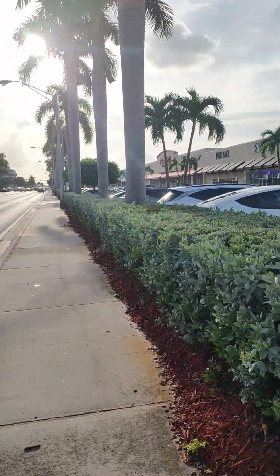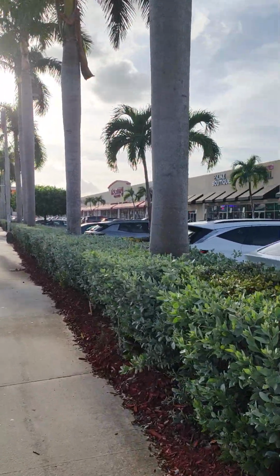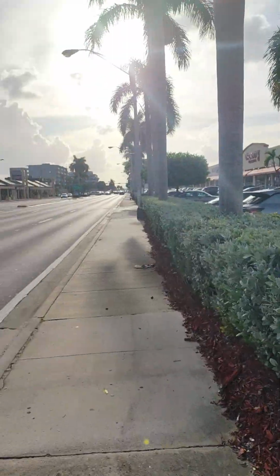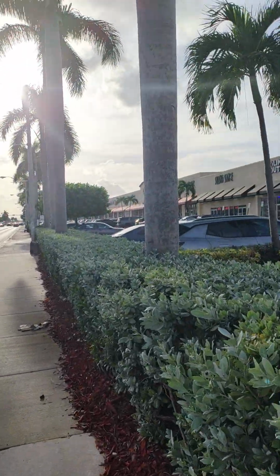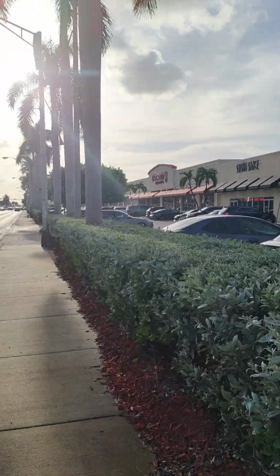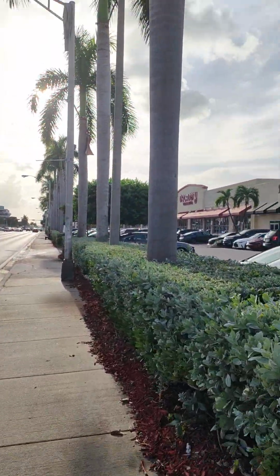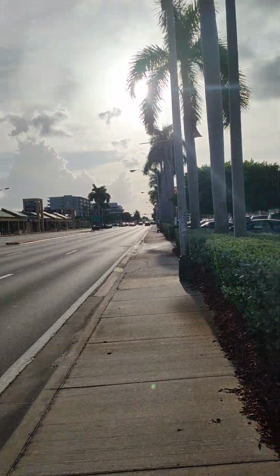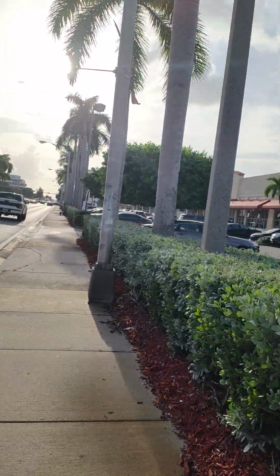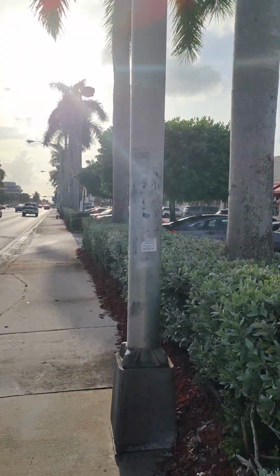Oh, I never showed you back then, by where the first shopping plaza that had the 5 Below and everything, there was a Piccadilly's in that location. Now several stores sit in the Piccadilly location. I should have mentioned that and shown you the area, but it sits right near the 5 Below store, and they had Piccadilly's there. Remember, there were 2 locations here. There was one there, and then there was also one at Westland Mall. The one at Westland Mall is now a